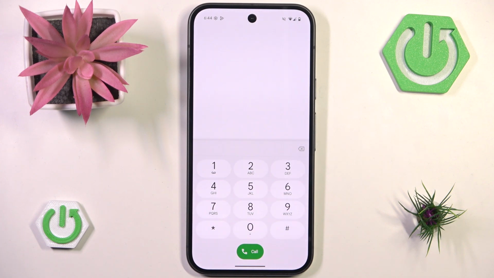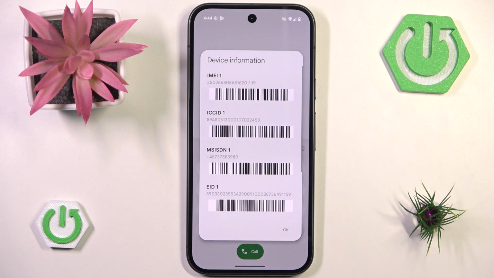Starting with the very first one and probably the most known, the IMEI info code, which is *#06# and ending with a hash. Here we have both of our IMEI numbers, and we can take those numbers and put them, for example, in the website called imei.info, a website in which you can basically test anything you want,